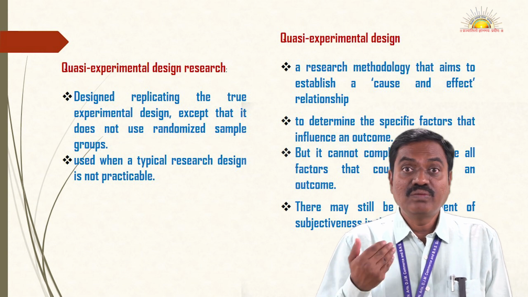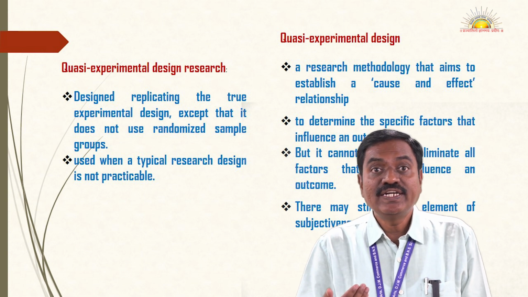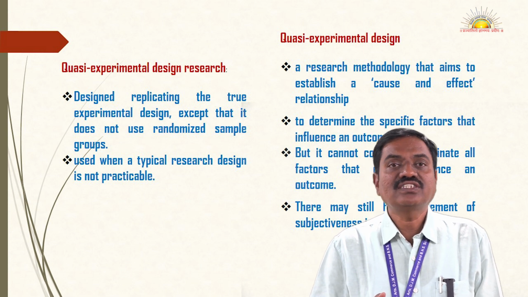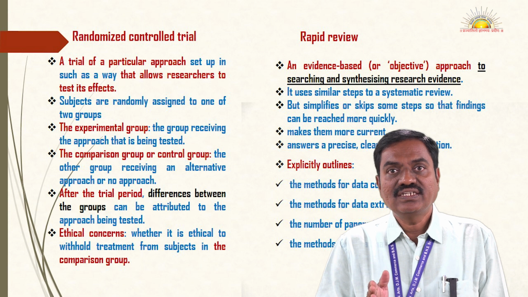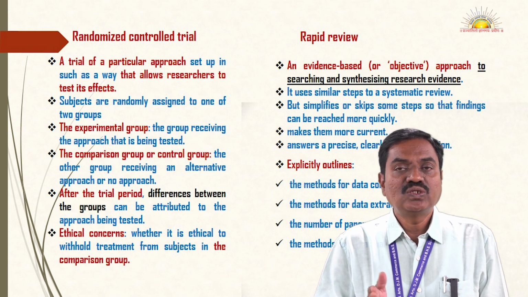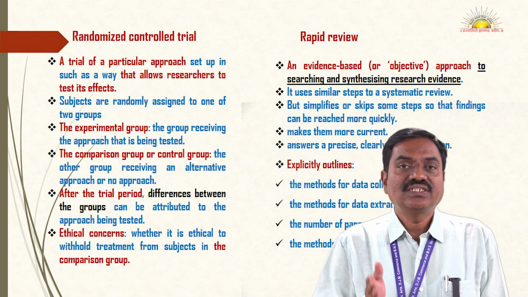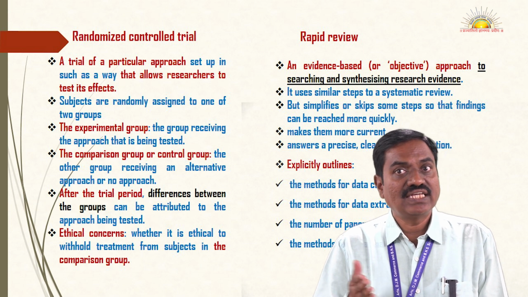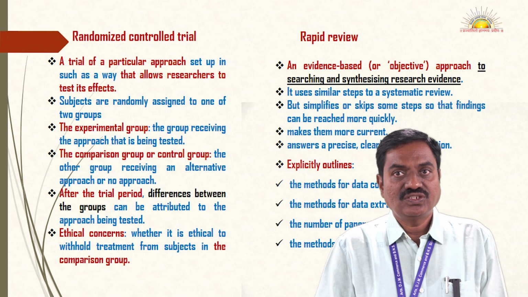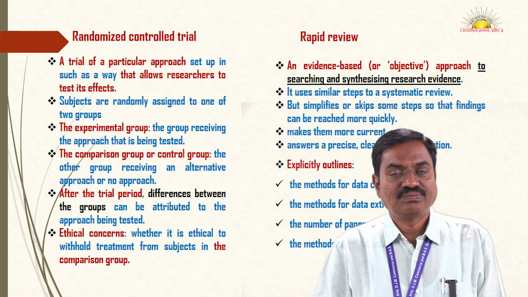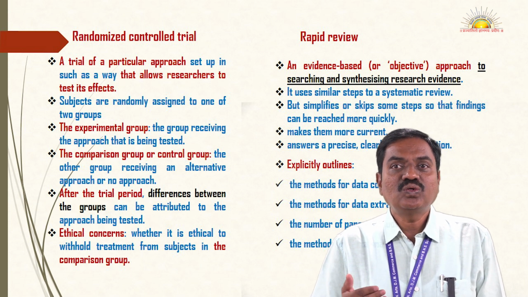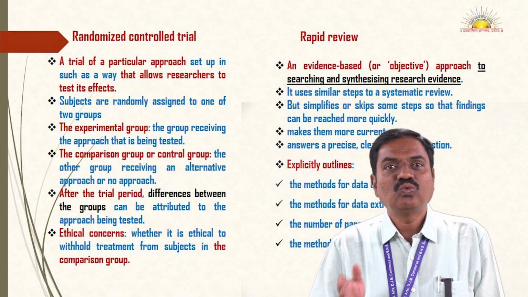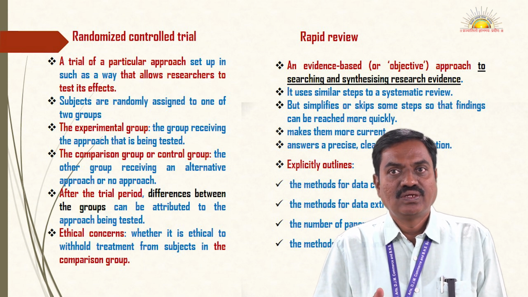That is, there may be still an element of subjectiveness in the findings. The next term that we are going to understand is a randomized controlled trial. It is a trial of a particular approach that is set up in such a way that allows researchers to test its effects. In a randomized controlled trial, subjects are randomly assigned to one of two groups, one receiving